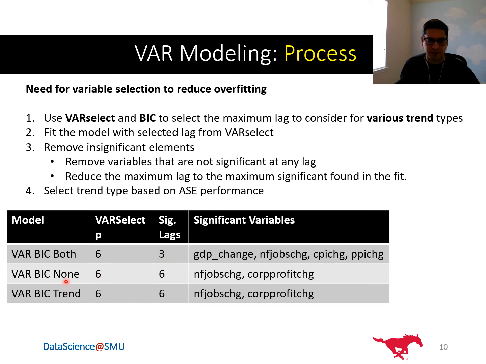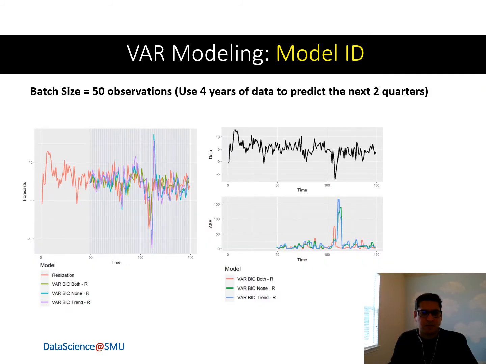For the other 2 trend types, we only had 2 variables that showed significance till a lag of 6. Now, because the number of job change was also one of the top variables in our cross-correlation analysis, we decided to use this reduced set of variables to rebuild these models with this reduced set of lags as well. Next, we looked at the performance of these 3 models.